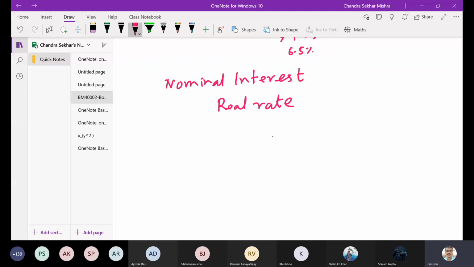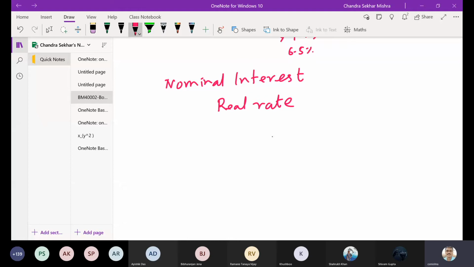So risk and return are what? Positively related or directly related or inversely related? They are directly related. More risk expected, more expected rate of return. That means you will be discounting that cash flow at a higher rate of return because of the risk involved. So which is that bond where you do not have any risk? That means there is 0% chance that the issuer will fail in paying the interest or repaying the principal. Tell me, what will be that?